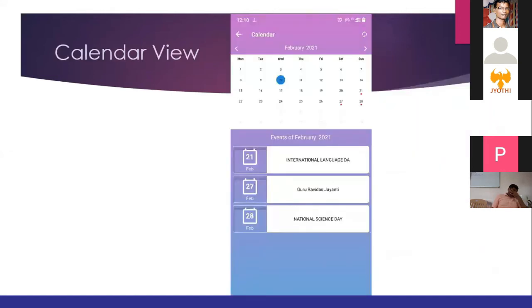The next one, gallery view. If next week we are going to conduct a sports meeting or any other meeting or event, we can enter it in the admin login. So the parent is aware of what is going to happen in the school next week and next month. See, in this screenshot the 22nd shows a red dot mark. That means there is an event or program on that date. On the 20th there is no record, which means the school is not doing anything that day. So we can easily identify which date has an event or program.